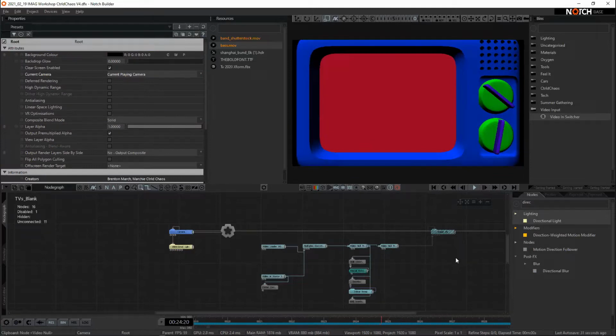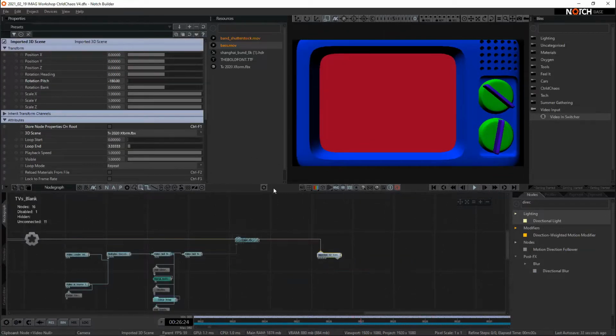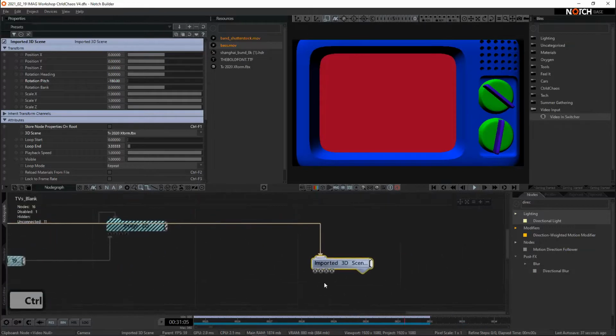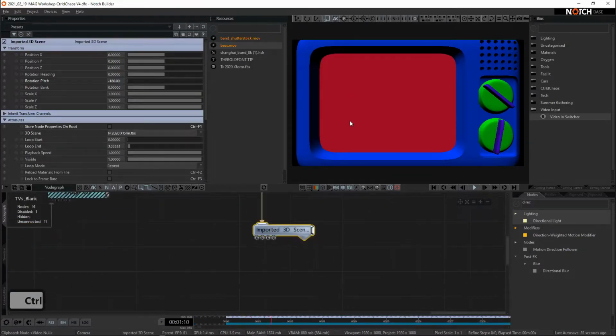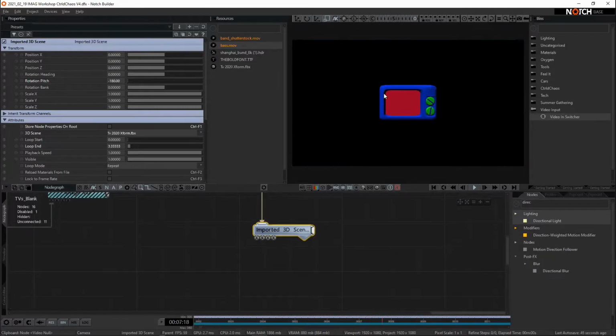Now our TV is huge. How do we fix that? Again, select our TV geometry node. So this is probably really small. Select our TV geometry node, press the Y key or navigate up to the top here. It says uniform scale. Select that, click in your viewport and just drag around and you can bring your size